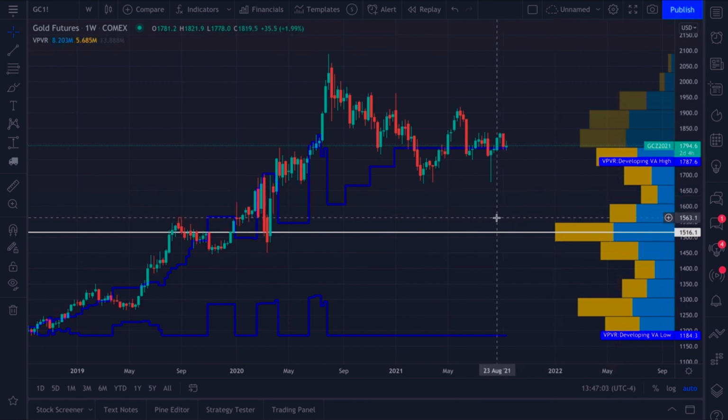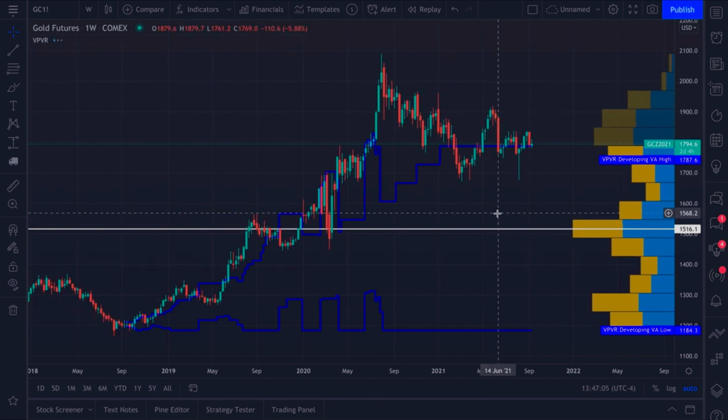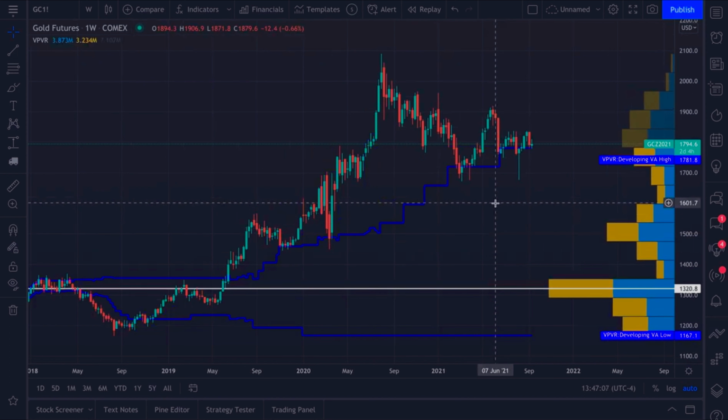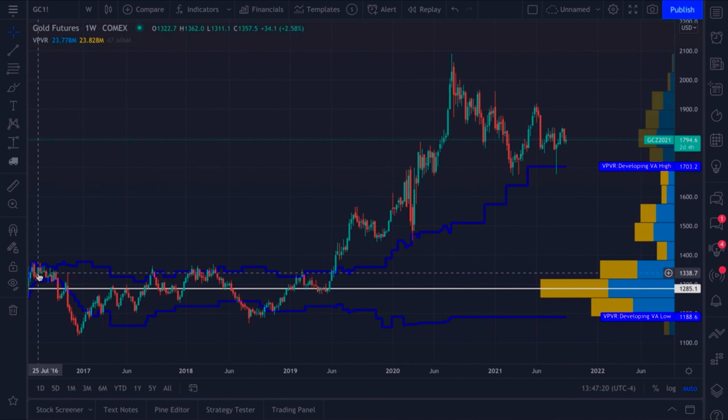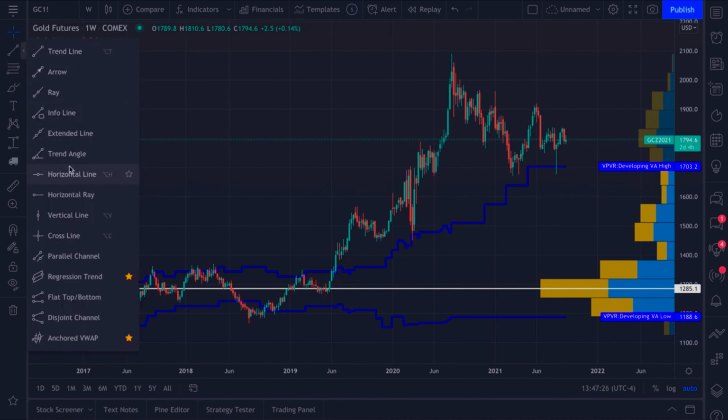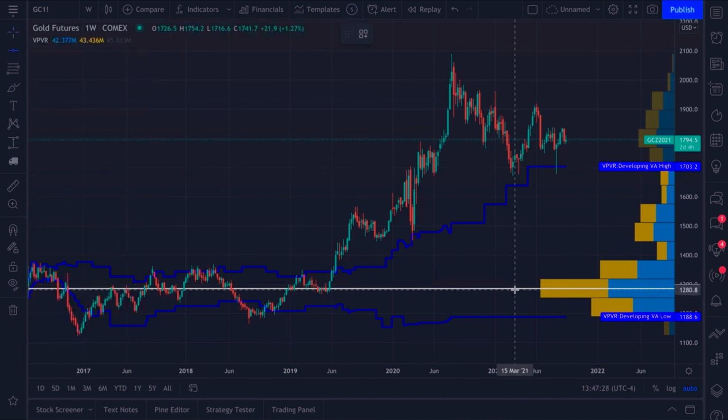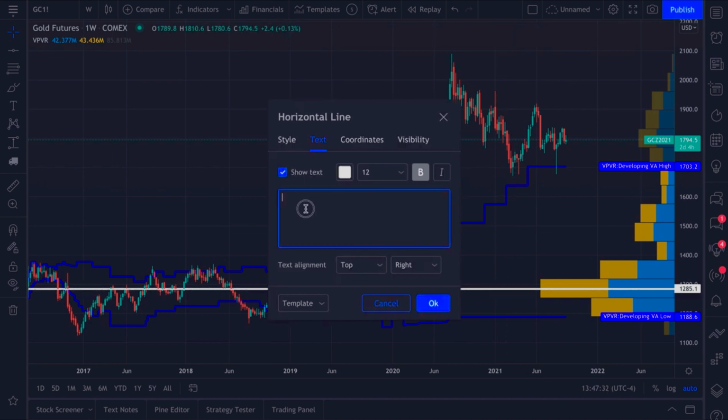So one way you could use this tool in your research process is to speed up the way you study longer time frames and zoom in and out on a chart. So we can start to show you an example. This is a weekly chart going back to 2016, $1,285. So what you could do then in that case is perhaps draw a line here, double click, show text, and say